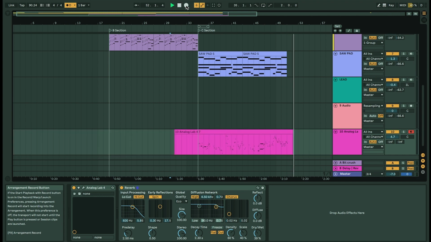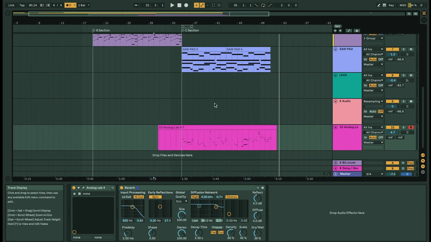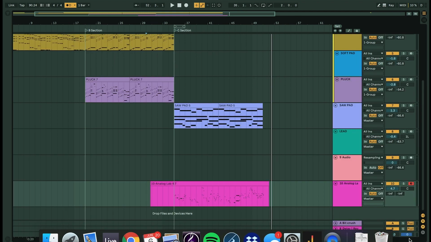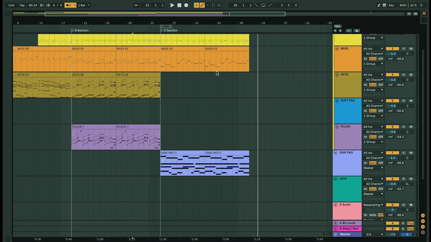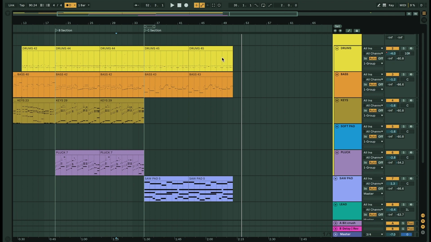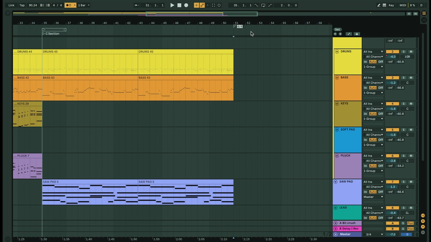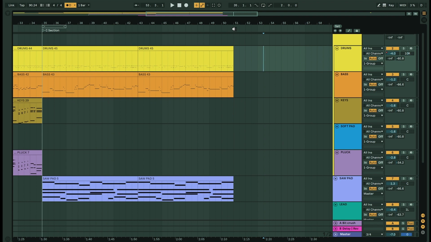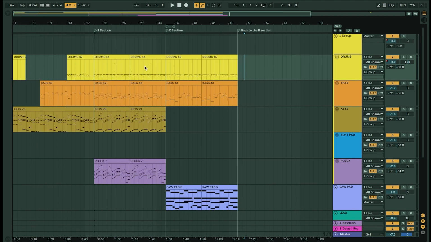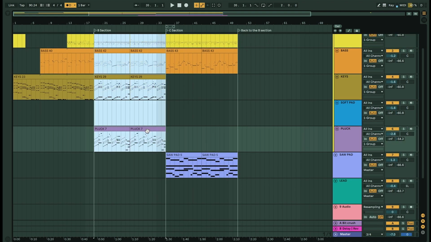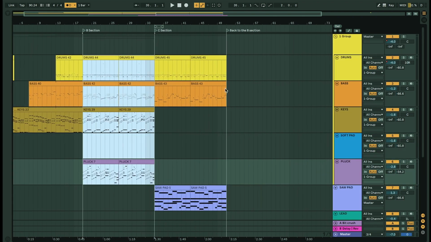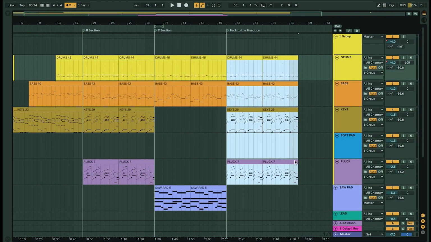All right, there's that. And then to sort of finish out this start to our song, it'd be cool to call back to a previous section. So right here, let's go back to our, oh wait, that was a time signature change, oops. Right here, I'll just click up at the top. We'll click back to the B section. Then we can simply take this material that we recorded right here, shift click, copy that over,